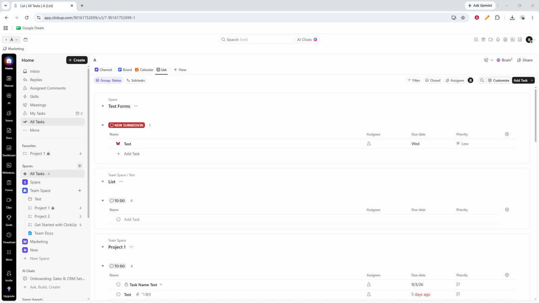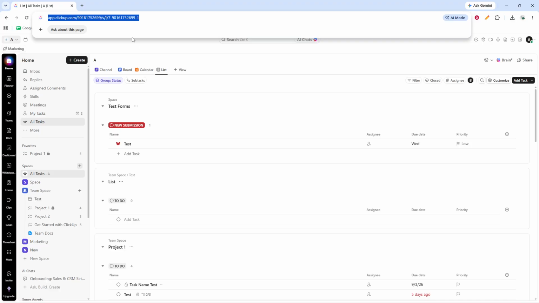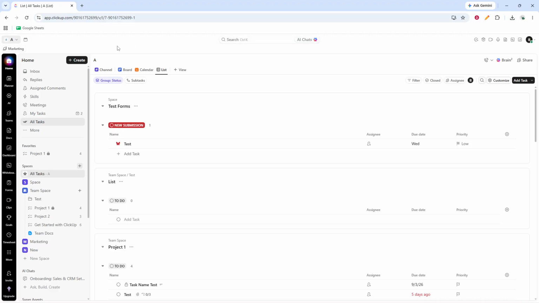In today's video, I'm going to teach you how to see all your tasks in ClickUp. To get started, open ClickUp and sign into your workspace. Make sure you're in the correct workspace if you have access to more than one, because your tasks can be separated across different areas. Once you're inside, you'll be able to use the navigation panel on the left to find